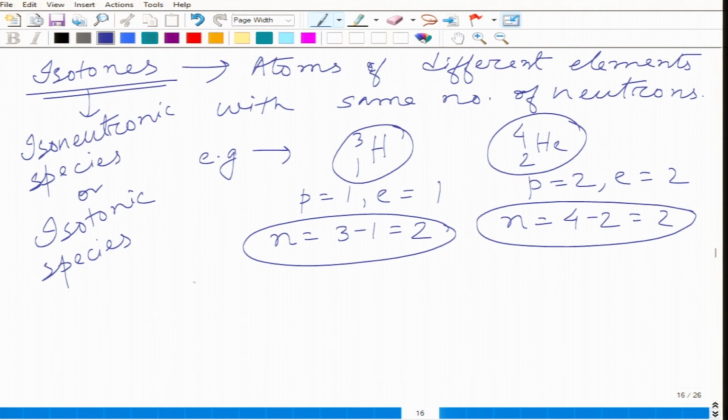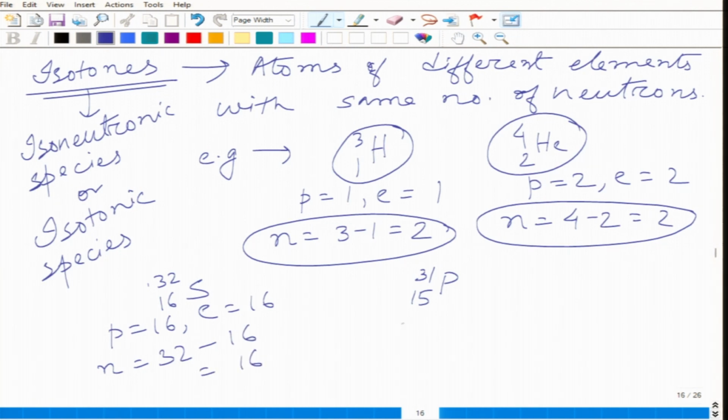Let's see some more examples. Sulfur and potassium. Sulfur has an atomic number 16 and mass number 32, and potassium has atomic number 15 and mass number 31. So, in this case, what is the number of neutrons? Neutron is 32 minus 16 equal to 16, and for potassium, number of neutron is 31 minus 15, it is